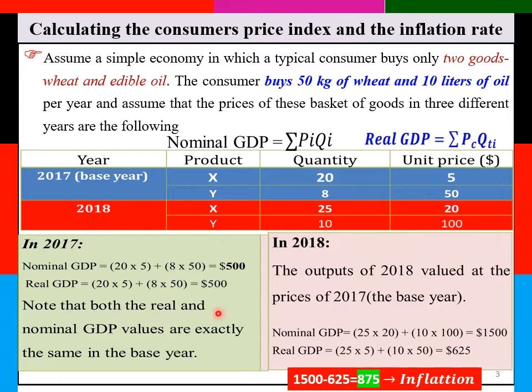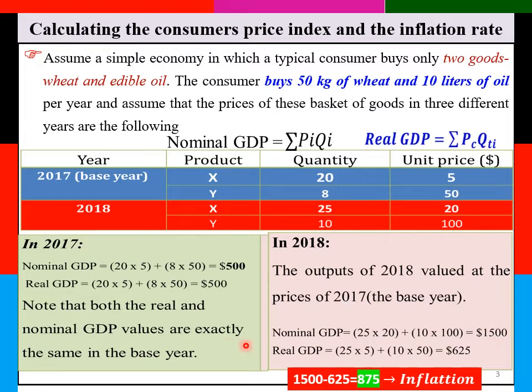Note that both the real GDP and nominal GDP values are exactly the same in the base year. There is no difference between nominal GDP and real GDP in the base year or reference year. In case of 2018, the quantity of X produced is 25, its price is 20, the amount of Y is 10, and its price is 100. Therefore, 25 times 20 plus 10 times 100 is equal to